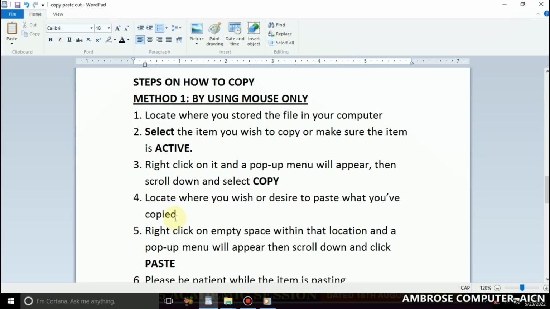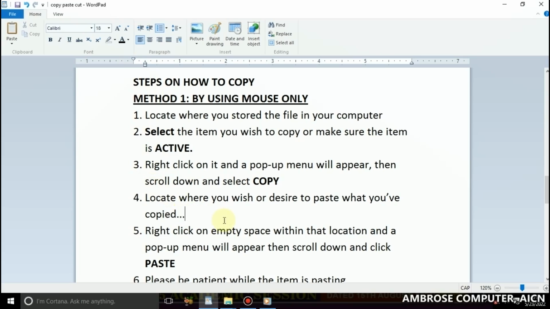Am I pasting it into my hard disk? Am I pasting it into my external hard drive? Am I pasting it into a network? This depends on you. This one is your own decision,